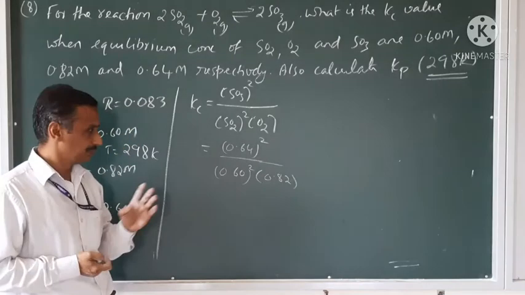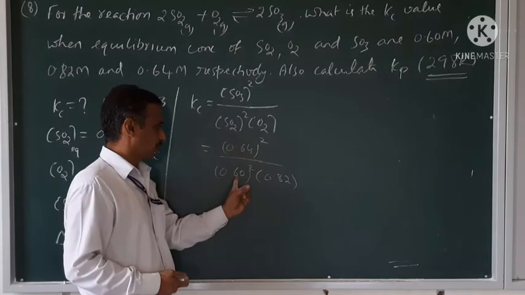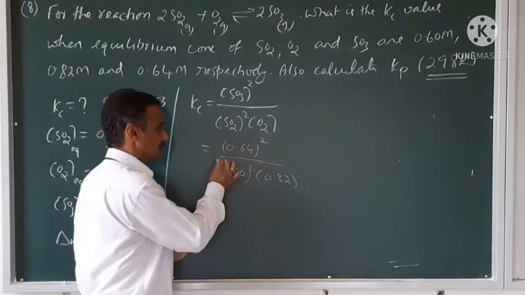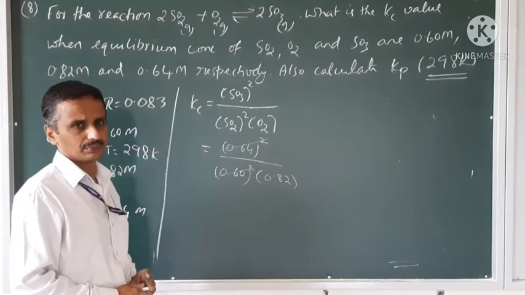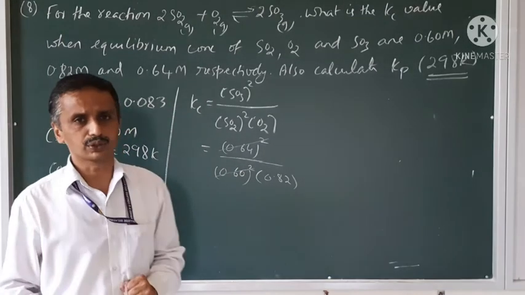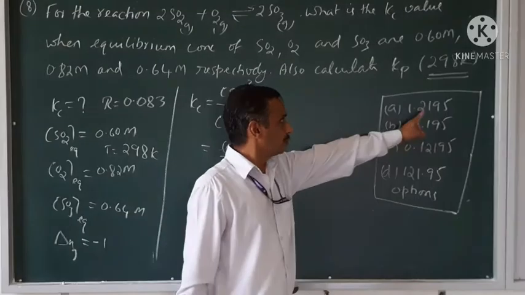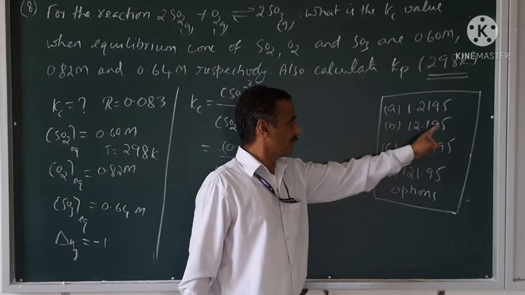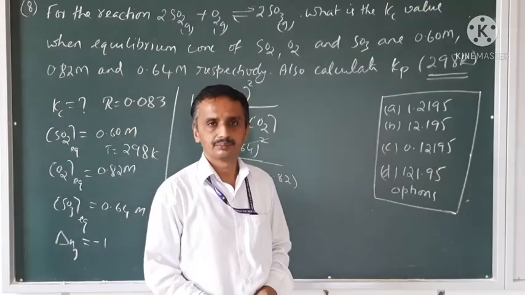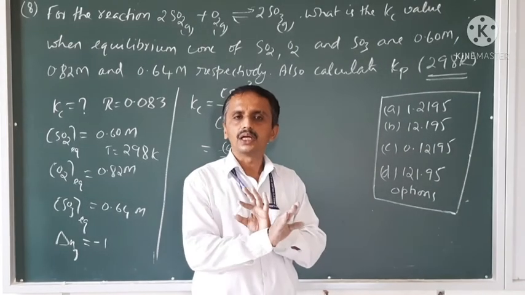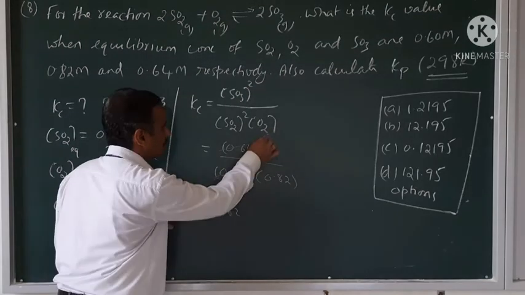And remember, 4 options will be there. This is 0.64, 0.60, almost nearer. I can go for the cancellation, almost cancellation. And I'll give the values also. Just see what the values given are. The options given are 1.21195, 12.195, 0.12195, 121.195. See, the options are not very close to each other, so a little approximation here will not do anything.